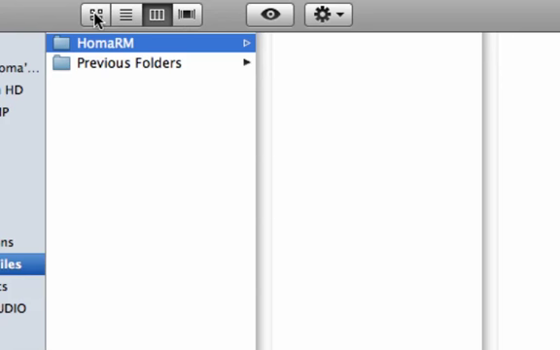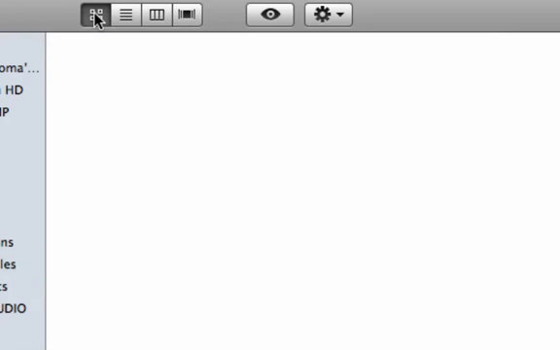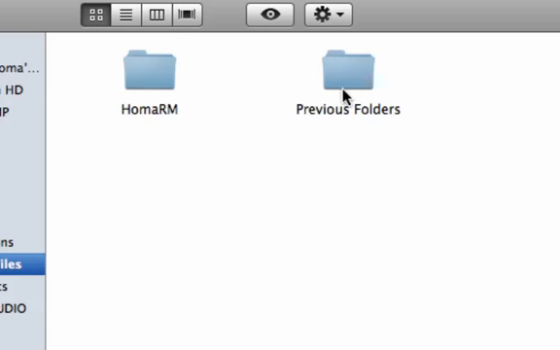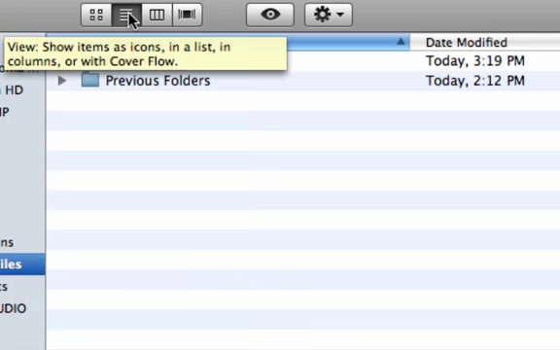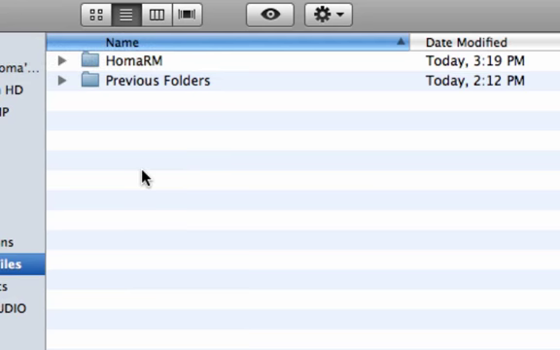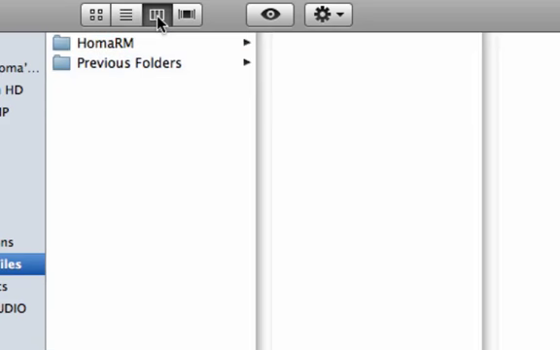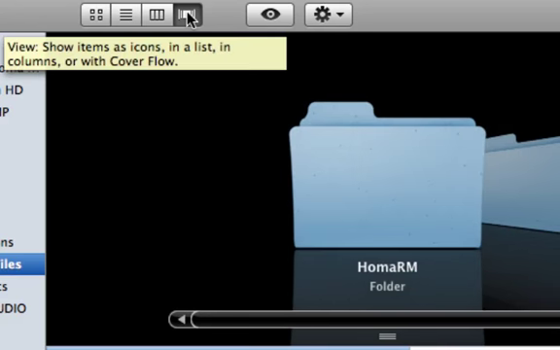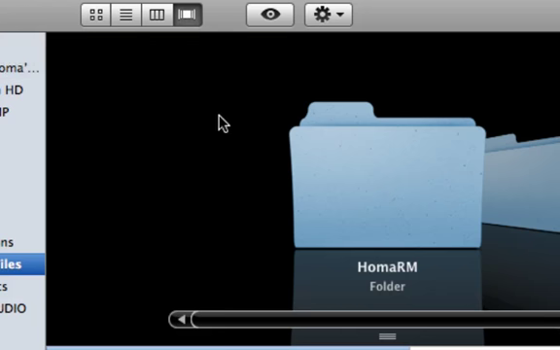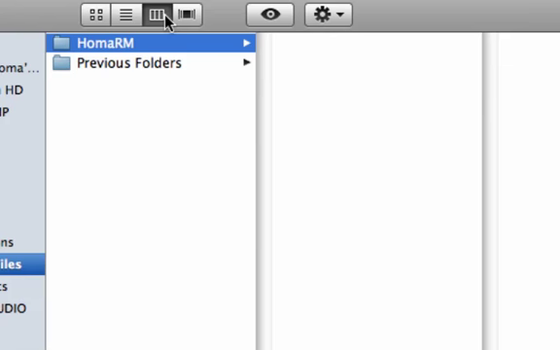When it's highlighted, here's the column that's showing me the contents of that folder, which right now there's no contents. Other ways to view these folders are as icons, and I'd have to go back to see the folder I was in. Here's my folder in icon view. Here's Student Files in details view or list view, similar to Windows. Here's column view, which I like to use. There's also show items as icons or cover flow, which I find somewhat useless,